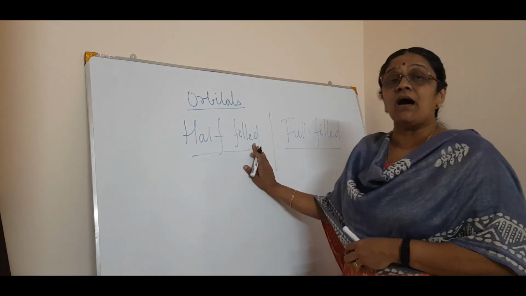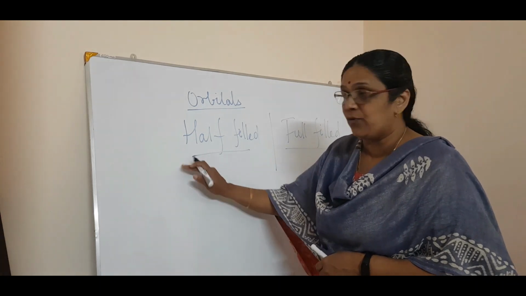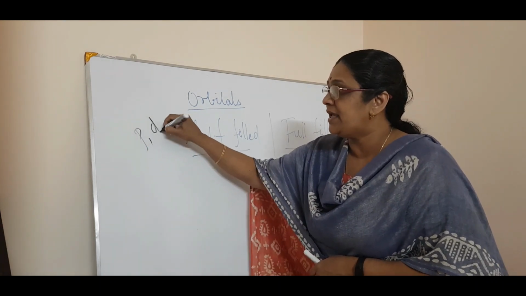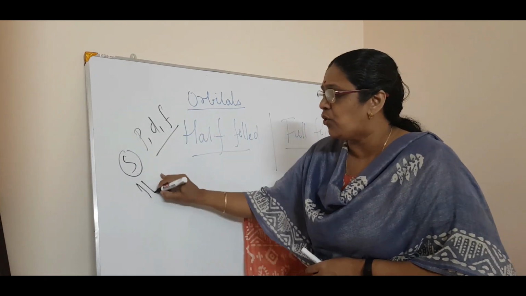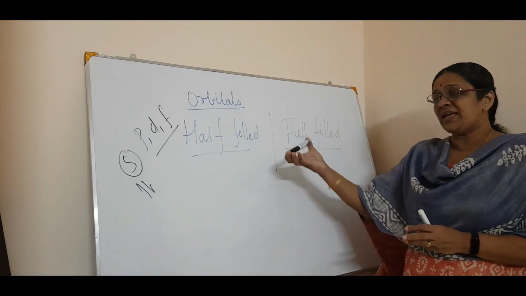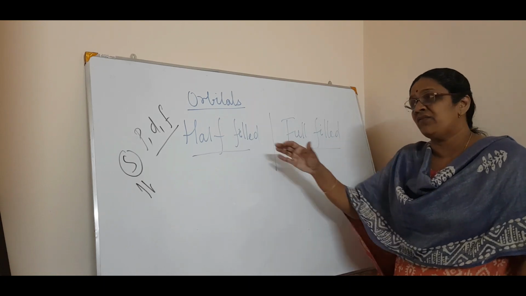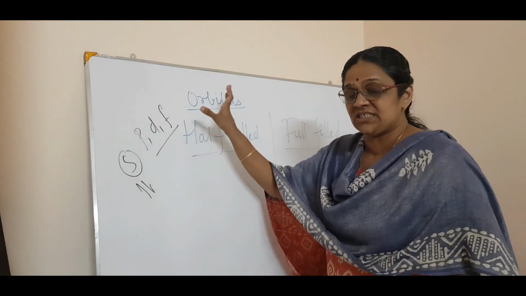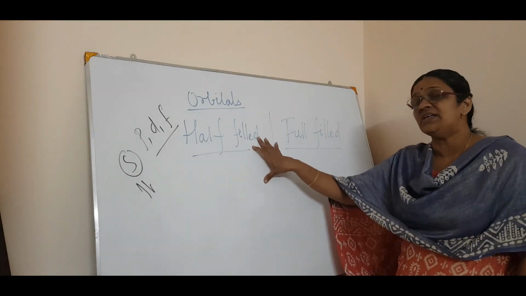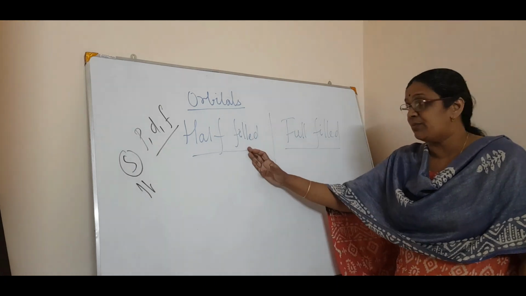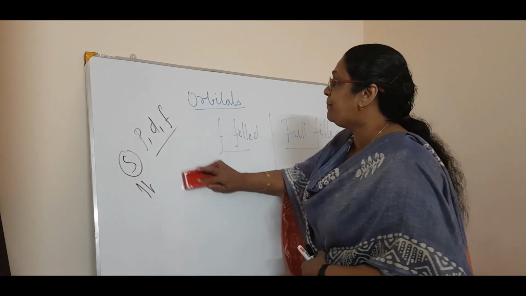Now what do you mean by half-filled stability? Half-filled stability is mainly for the p, d and f orbitals. The s orbital is not considered, because it is only one orbital in which 2 electrons are there. We consider only these three, because g and h are not in our syllabus. Now we will see the case of a p orbital.